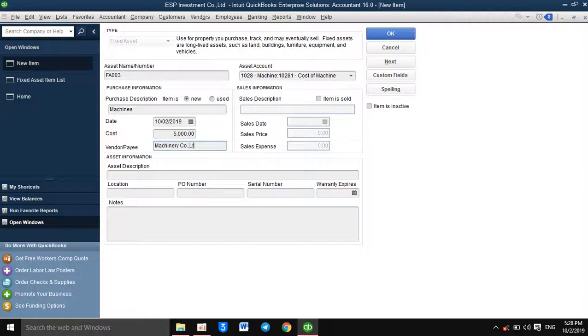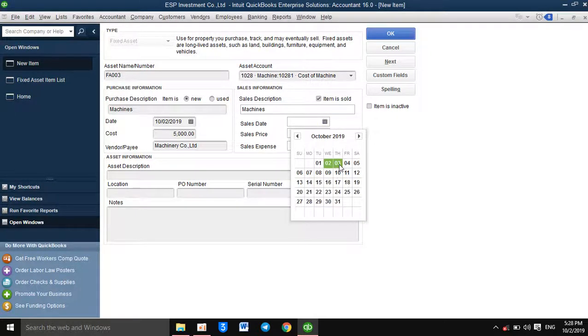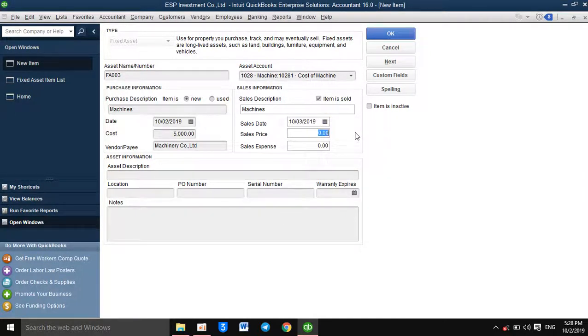Co Ltd. Okay, and you want to sell, so you click on item is sold, meaning that you buy the machine and then you sell it, so you are the intermediary for selling this machine. Okay, the date of sale, for example, tomorrow. Okay, and the sale is 7,000, and sell expense means the other or extra expense. If no, okay, you complete 0, but if yes, okay, you give, for example, $50, and then you